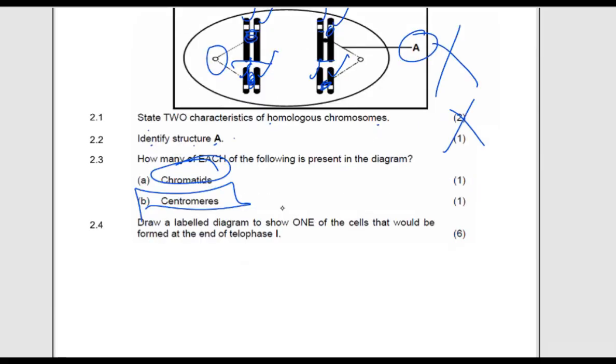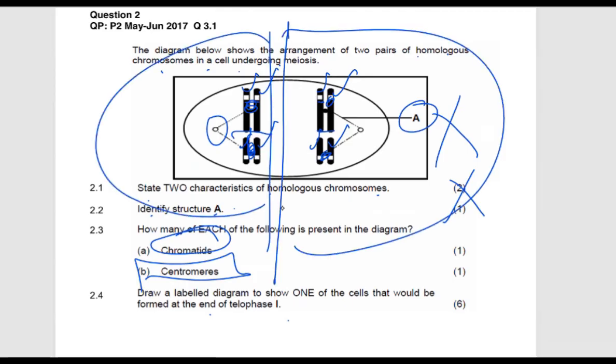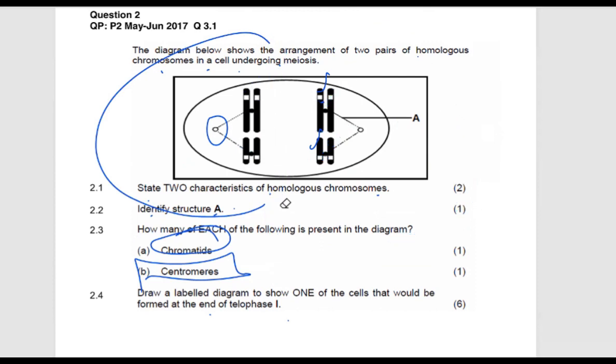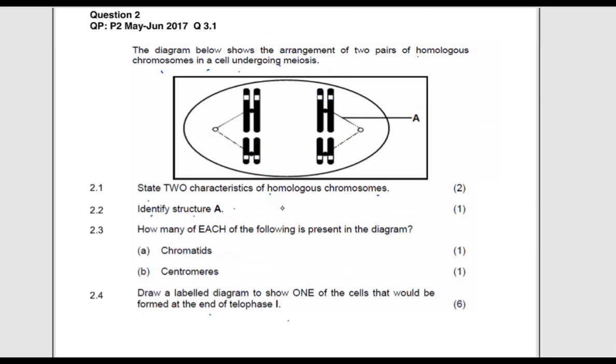So draw the diagram to show one of the cells that would be formed at the end of telophase 1. One of the cells. They're saying at the end of telophase 1. So I expect you to, this becomes a cell, and this also becomes a cell. So they are both cells, but they are saying at the end of telophase 1. So it means that what I am going to do is